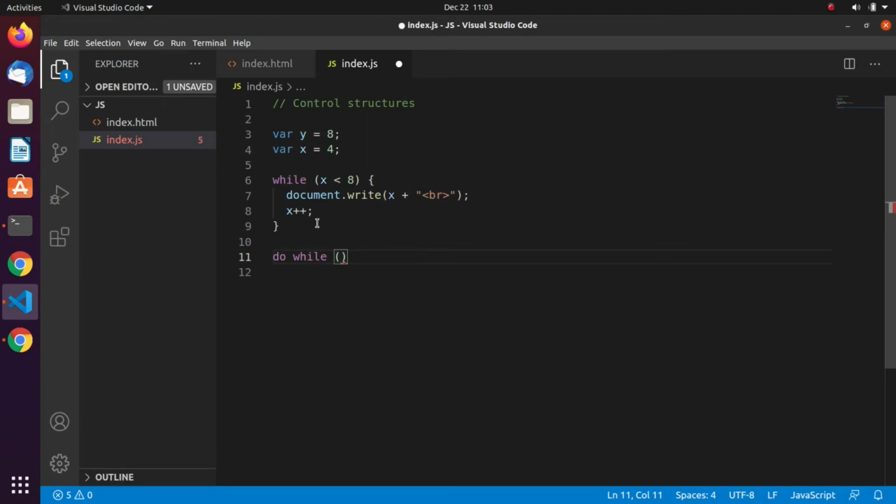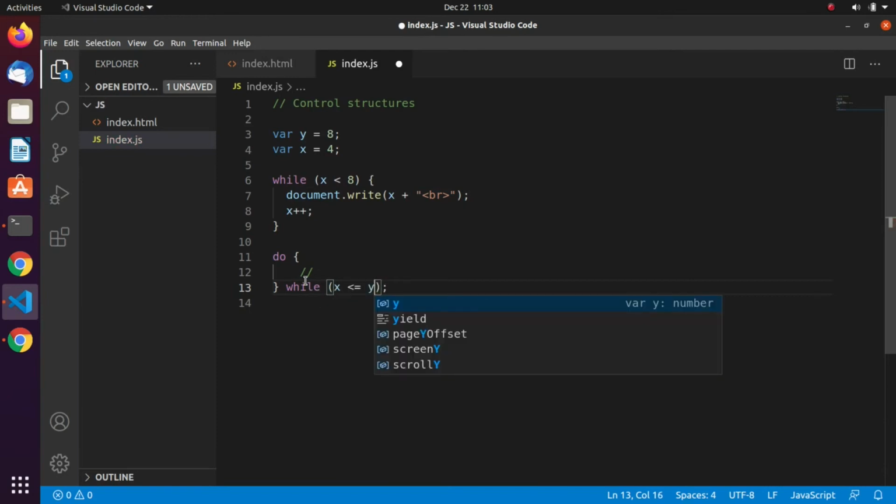Now, how does the do while work? We have some code here and then a condition here. You can say x is less than or equal to y.